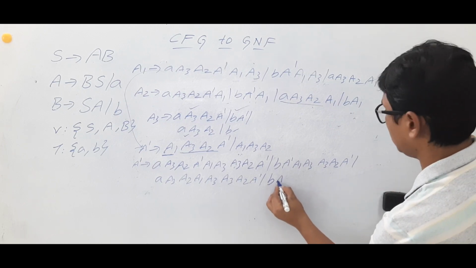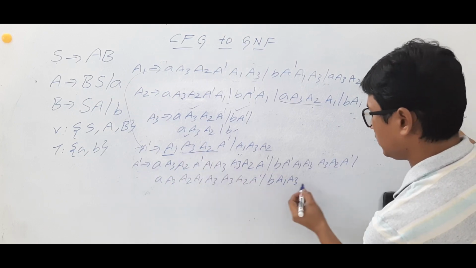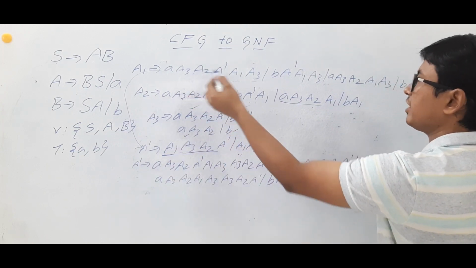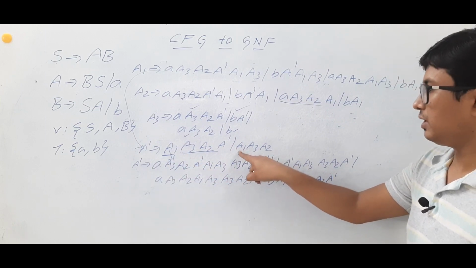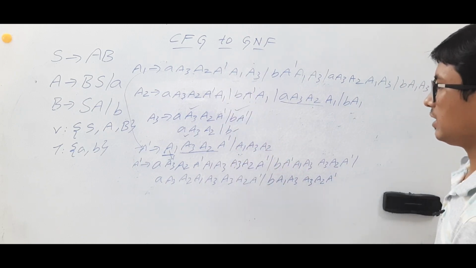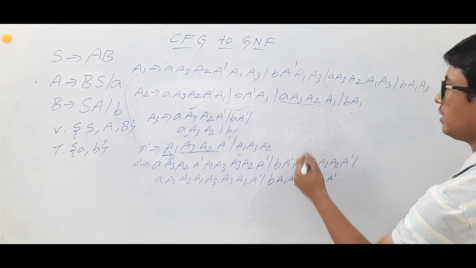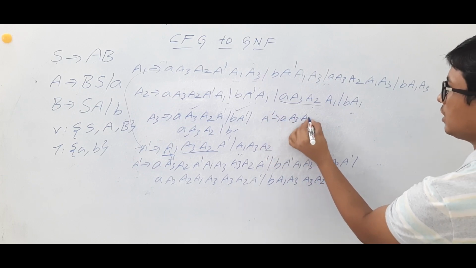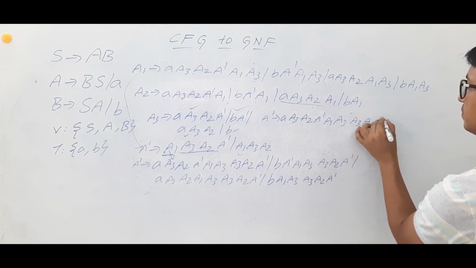Now this one, B, A1, A3, then A3, A2, A dash. So in place of A dash, if I keep this one, I get this one. Similarly, here also I need to keep in place of A1 this again. Let me write where I should write. I will write here. So A1 can be this one, or A1 determines A, A3, A2, A dash, A1, A3, then A3, A2. This is the one production.